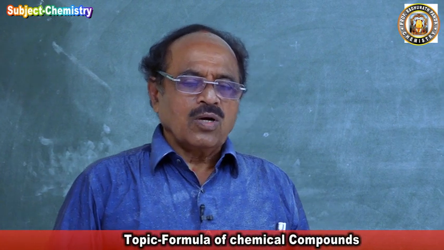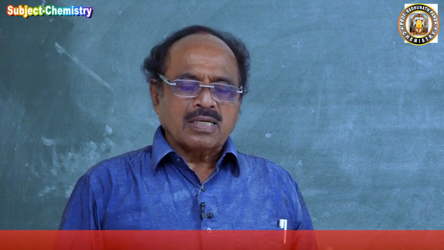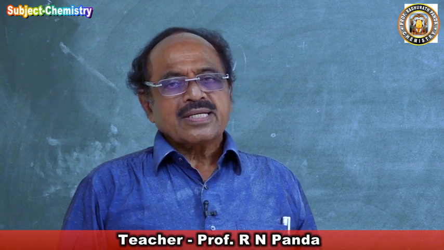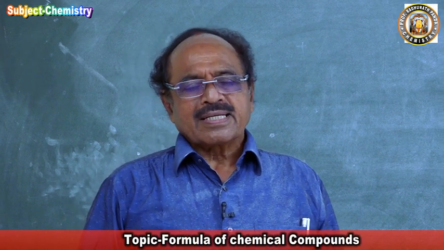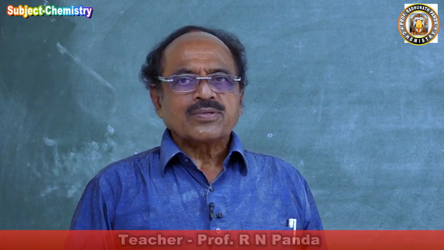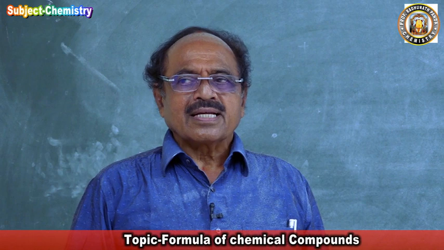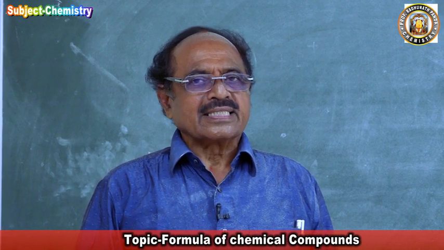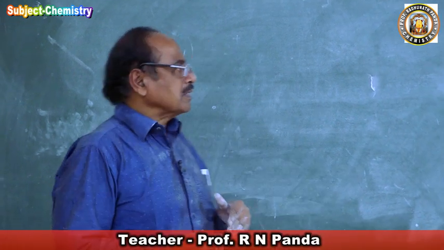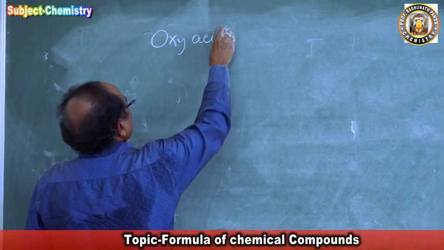So now, depending upon the formula constitution, an acid may contain hydrogen and an acid radical, or it may contain hydrogen, oxygen and an acid radical. When it contains hydrogen and an acid radical, it is called a hydra acid, and when it contains oxyanions, it is called an oxyacid. We have written the formula for hydra acids. Now we will write the formula for oxyacids. So this class we will write the formula of oxyacids.